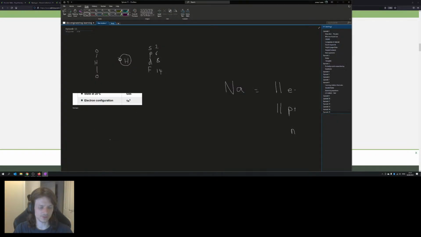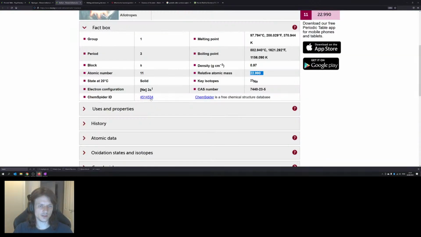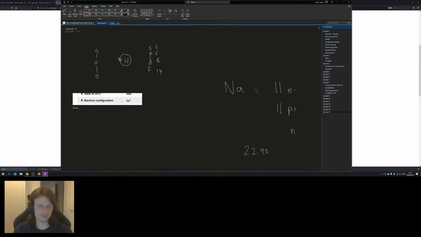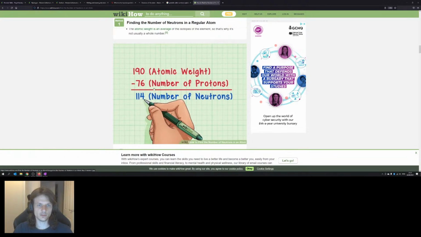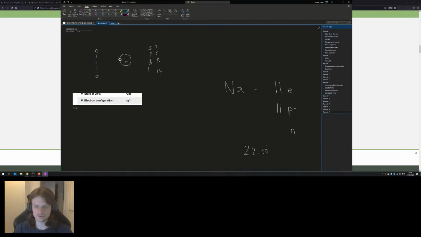What happens then? 22.90, is that sodium? Yep. And then what was it? Round atomic weight. Atomic weight take away protons. Atomic weight take away 11 equals